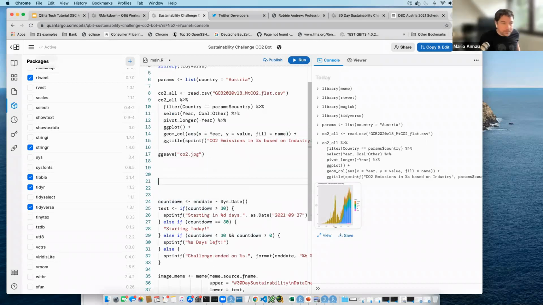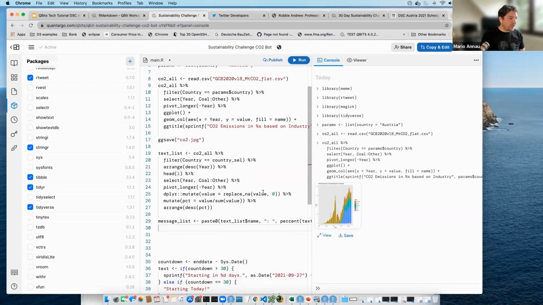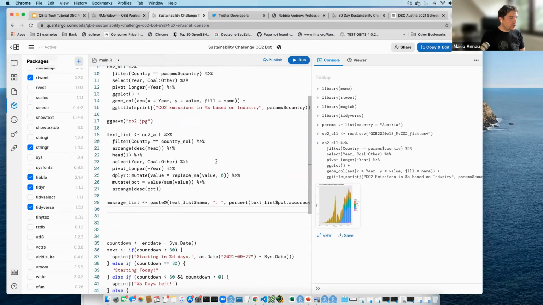So now we have a nice plot. And the other thing is what we would now like to do is add some kind of text to it. Of course, there are many different possibilities here. What I decided here is, and I just paste this over, I would like to add some text here, which basically repeats the proportions of the CO2 emission level for each country, just in a table-like fashion. Table, whatever is possible in Twitter. So this then looks like,